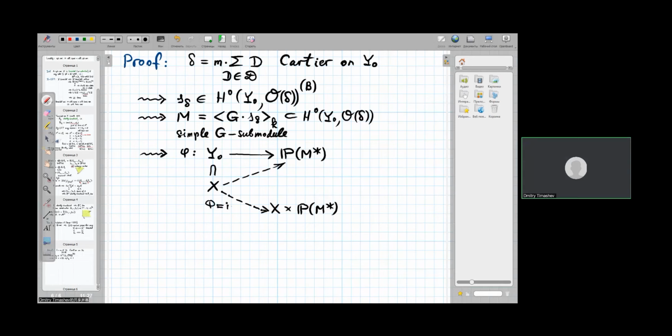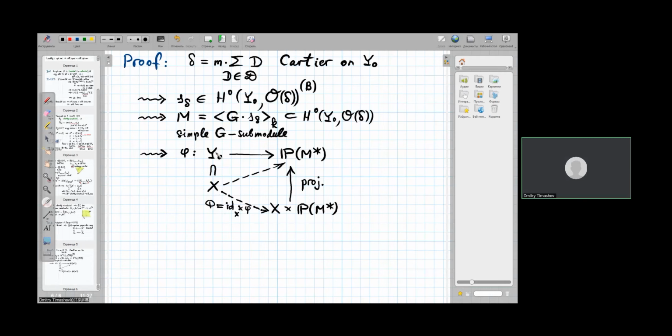On the first factor, we have the identity map, and on the second factor, we have the map phi. So we get a map from here to here. And the initial map phi is the composition of this big phi and the projection onto the second factor. So we have this commutative diagram. From here to here, we have the projection map. And this map big phi,